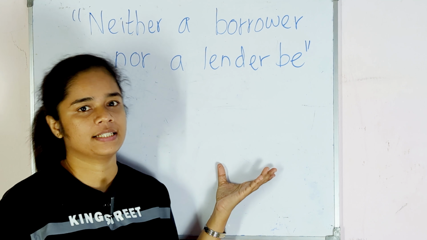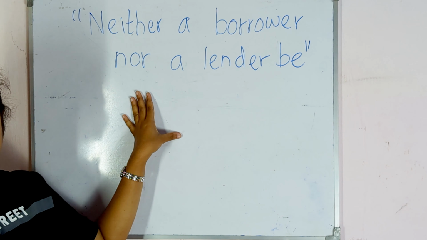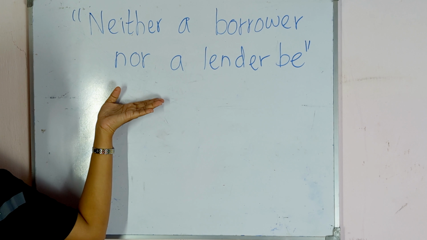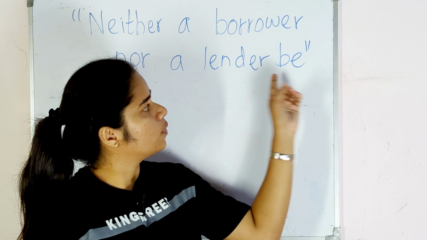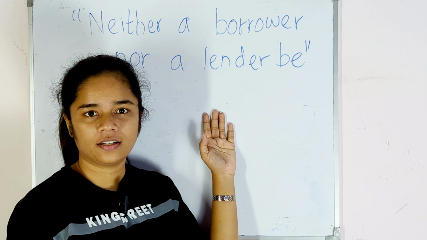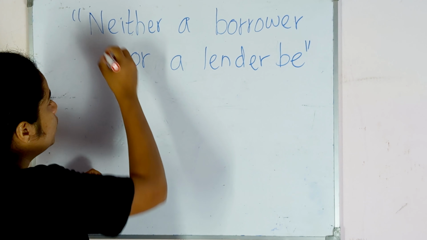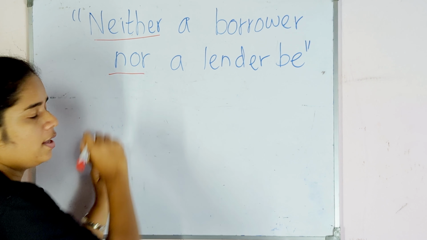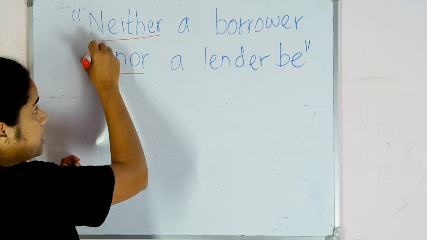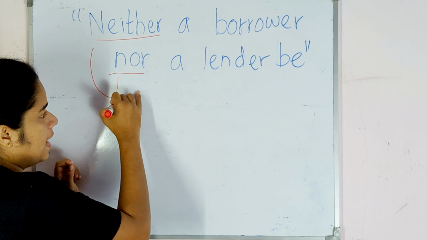I'm going to start my lesson with a phrase. So you can read it definitely. Neither a borrower nor a lender be. So as you can see, there are two negations in here, right? These are the two negations, and